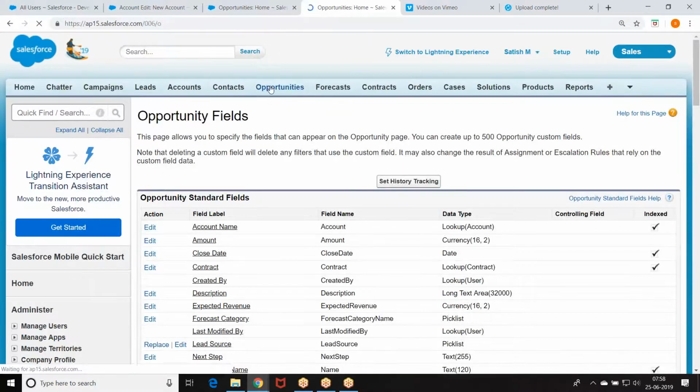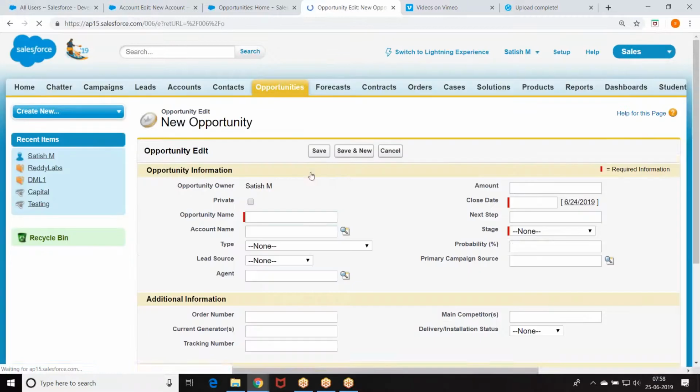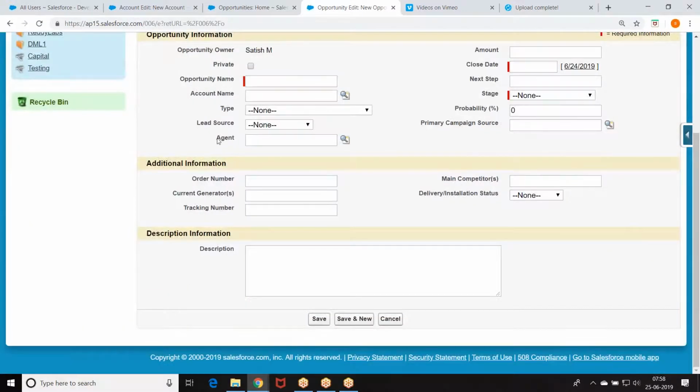Now, whenever a new opportunity is created, whichever agent has created this opportunity, the record should be shared with them. Now I'll add another field, agent manager.